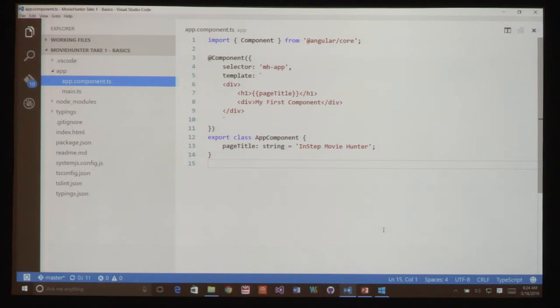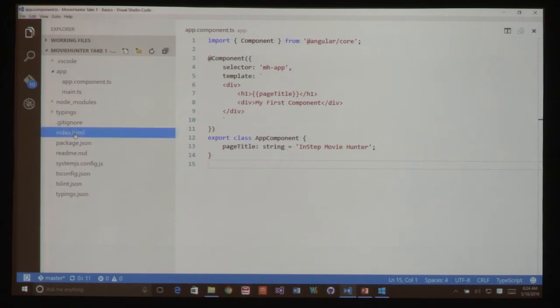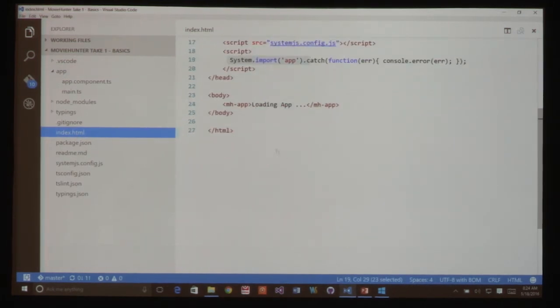All right, I can bump that font a little bit more. Can you guys see it in the back okay, or should I take it up one more? It's good? Okay, great. All right, so this should look exactly like what we just saw on the slide, right? So this really is all the code that you need. This is all the exact same thing that we saw on the slide. Our index.html then, if we go down to the bottom, this is also exactly what we saw on the slide.